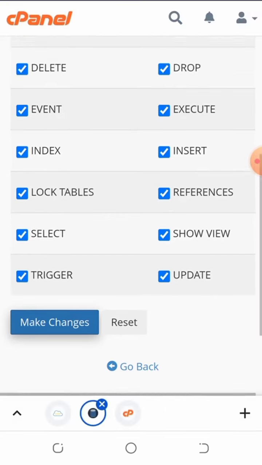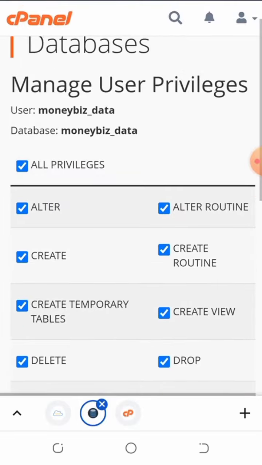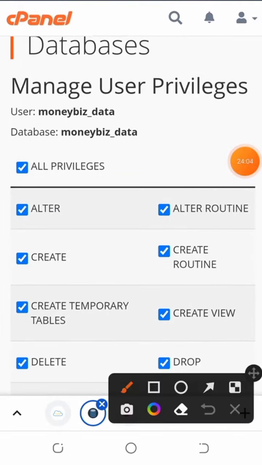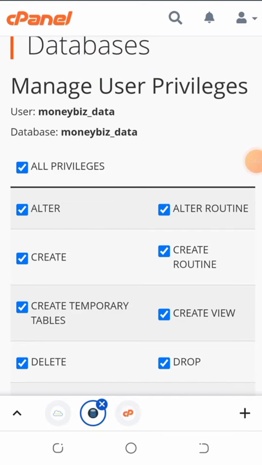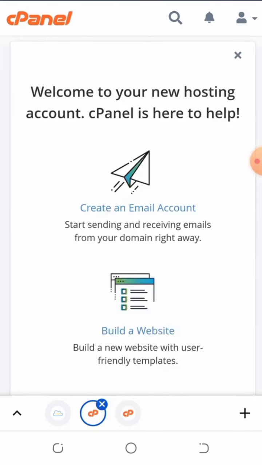So I'm just going to click on back. You can click on back if you want to, or just click on this logo. I'm just going to click on this particular logo, this cPanel logo. It will take me straight to my cPanel. So now I'm in cPanel. You can actually search